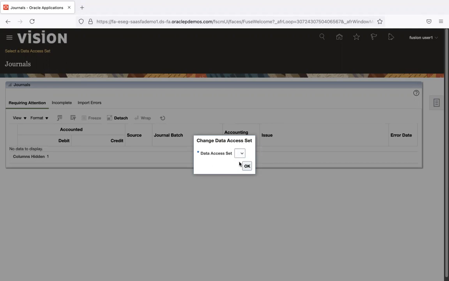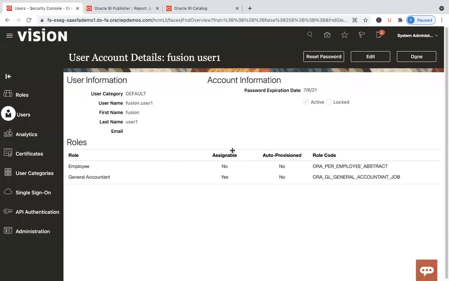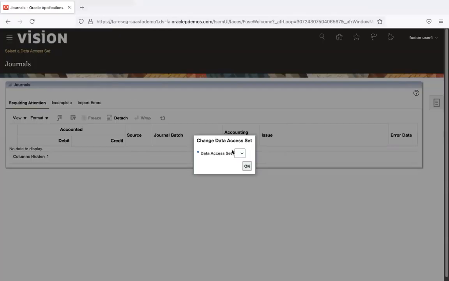You need to first pick up a data access set so that the screen allows you, and once you do that, the data belonging to that data access set would be displayed on the journals, and you would also be able to perform the transactions. But if I click on the drop down, I'm not able to see any data in there. I'm not able to see any ledgers in there,